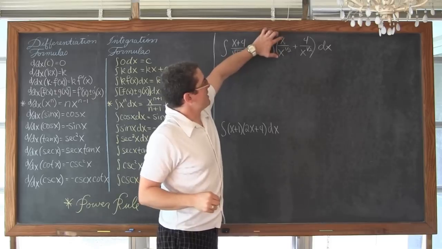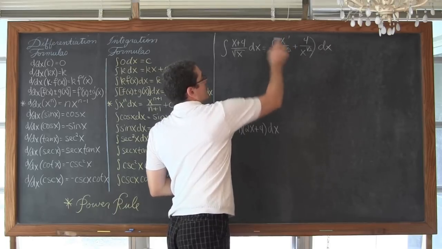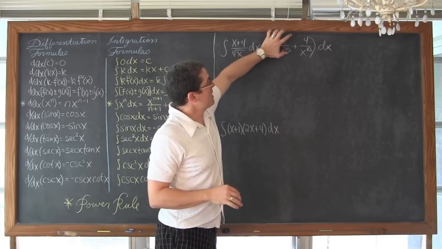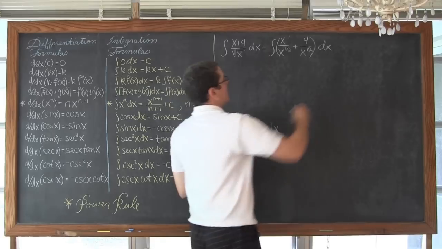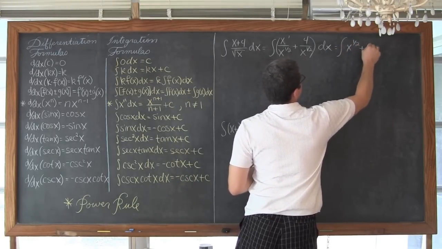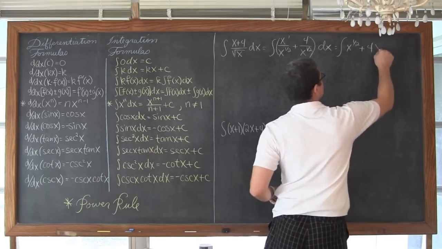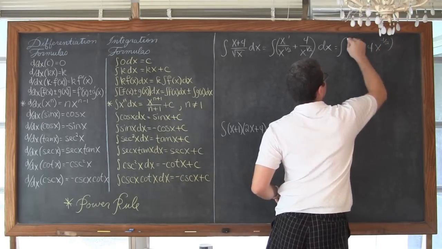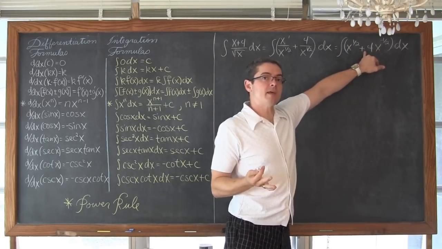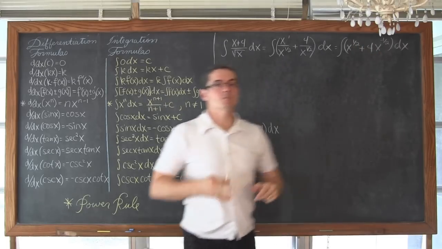Now when you divide like bases, you subtract the exponents. So we have an exponent of 1 and an exponent of 1/2. When we divide those like bases, 1 minus 1/2 is 1/2. So we're going to have the integral of x to the 1/2 plus 4, and I want to take this x to the 1/2 power out of the denominator, so we have 4 times x to the negative 1/2, dx. And now I can use the summation rule, and of course I'm going to use the power rule on each of those 2 terms.